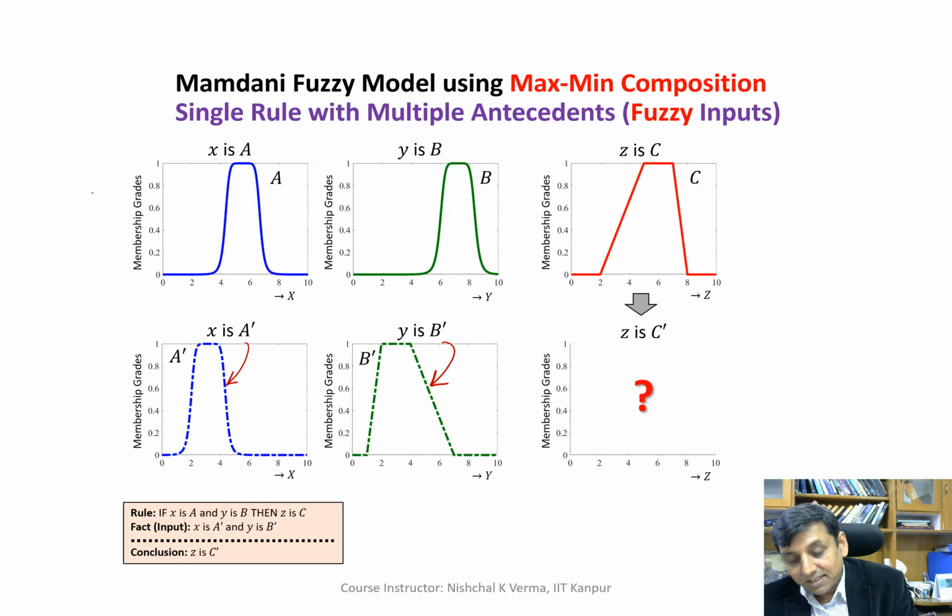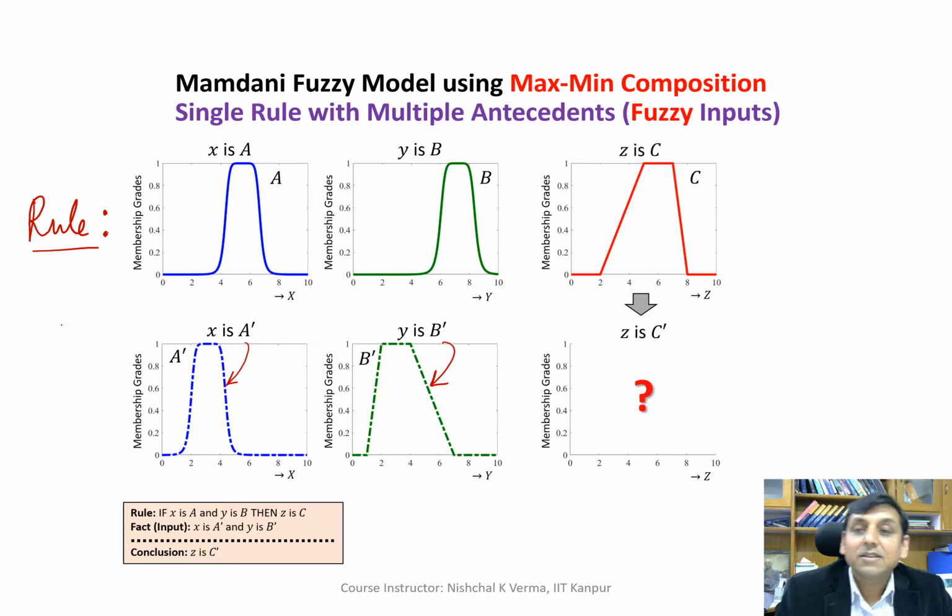Both the fuzzy sets are here. This was the rule which is already known, and this is the Mamdani fuzzy model. When we apply this input, X is equal to A dash, Y is equal to B dash, let's see what it is going to produce. So again, like in the previous scenario, we